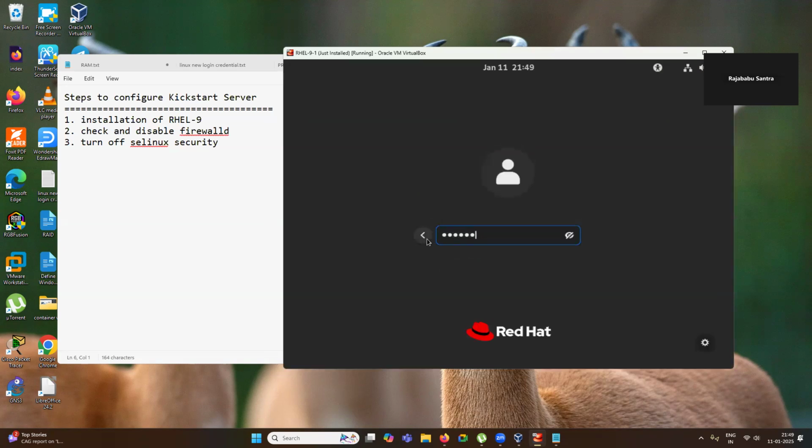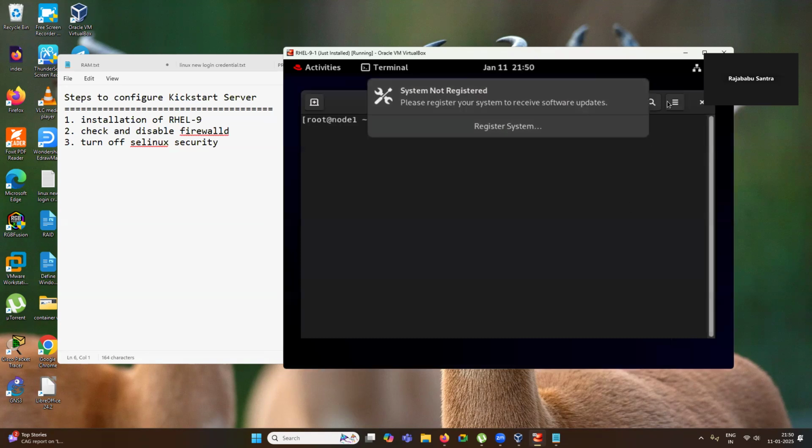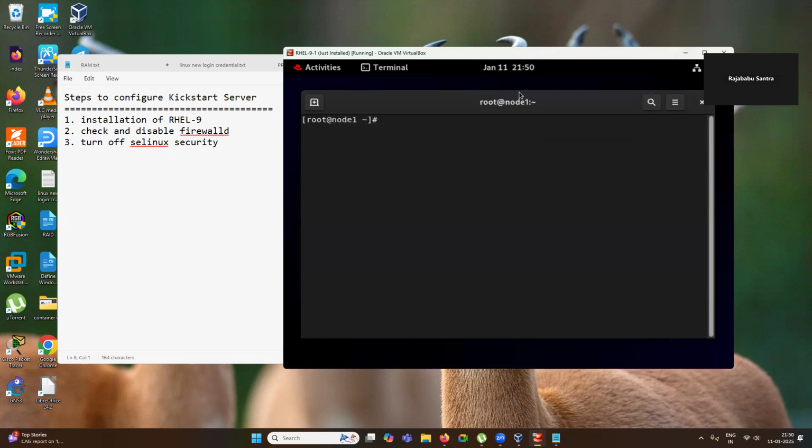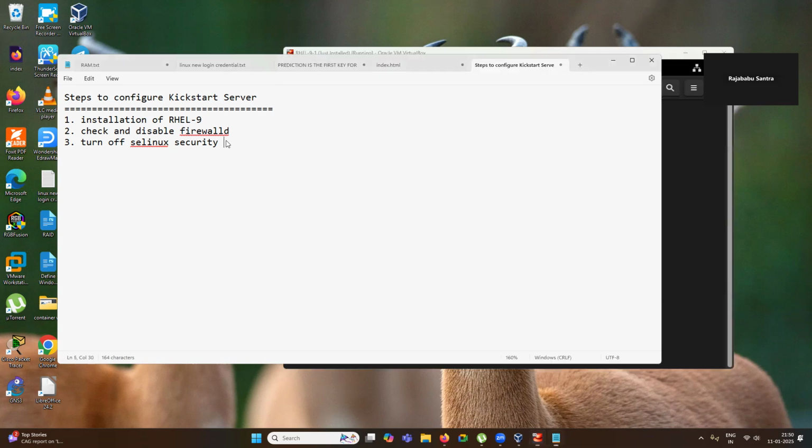So after restart, you are logging in to the system. Now let's check getenforce is disabled. The third step is done. Fourth step, install